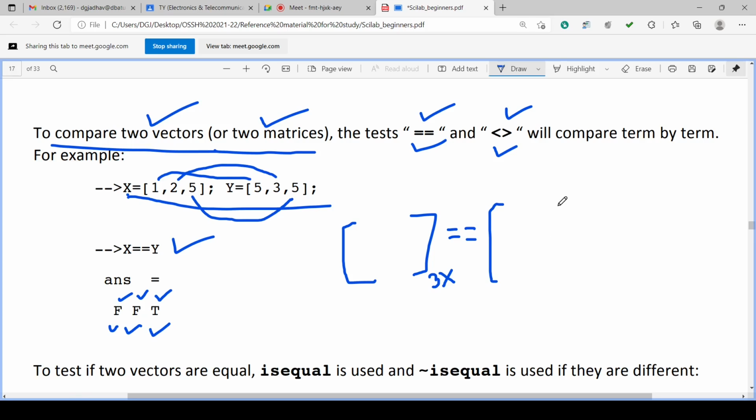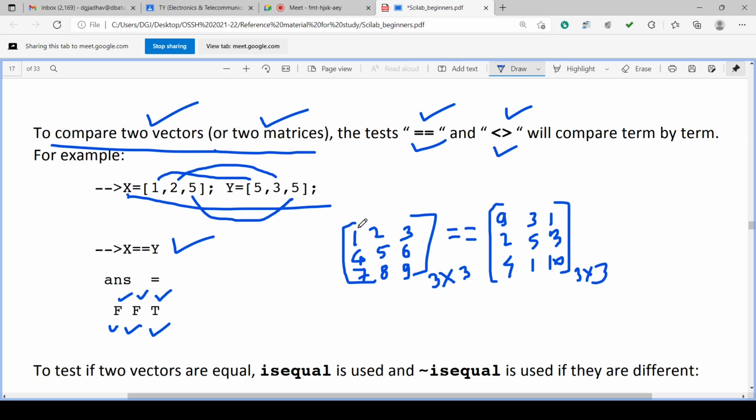You can create a 3 by 3 matrix, assign it to x, assign another 3 by 3 matrix to y, and compare x and y, or you can compare directly. Suppose the elements of the first matrix are 1, 2, 3, 4, 5, 6, 7, 8, 9, and the elements of the second matrix are 9, 3, 1, 2, 5, 3, 4, 1, 10.